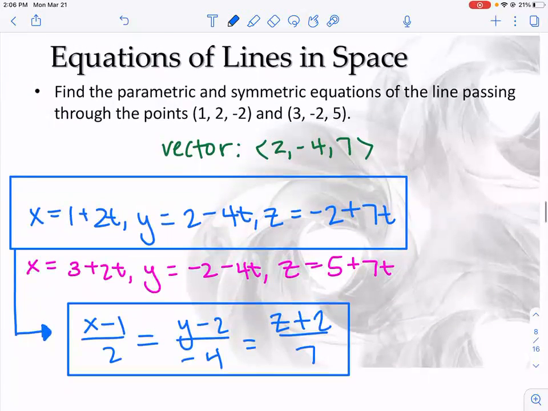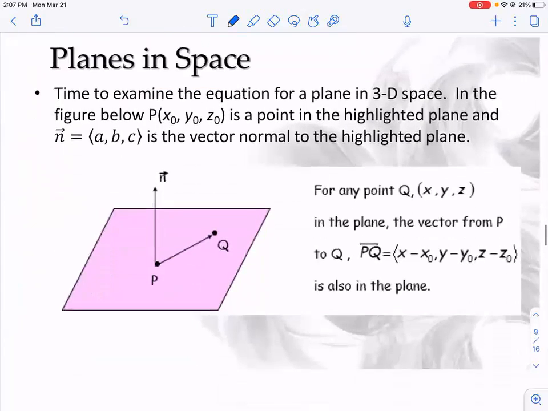Okay, so that is how we write the equations of lines in space. How many points does it take to create one unique line? 2. How about a plane? 3 points to create a plane. Okay, so